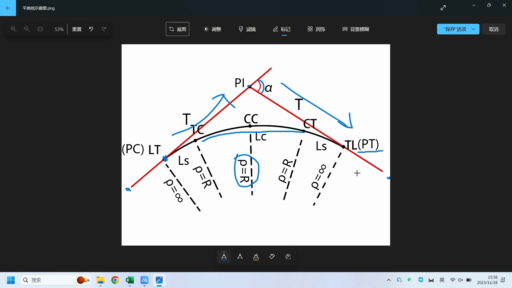The PT, which is the point of tangency, the end of a curve. The forward tangent is tangent to the curve at this point. Length of curve, which is LC, the distance from the TC to the CT, measured along the curve. Tangent distance, which is the T,